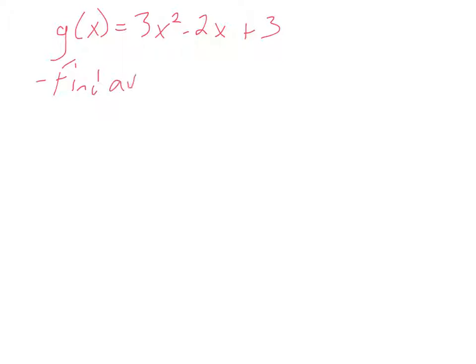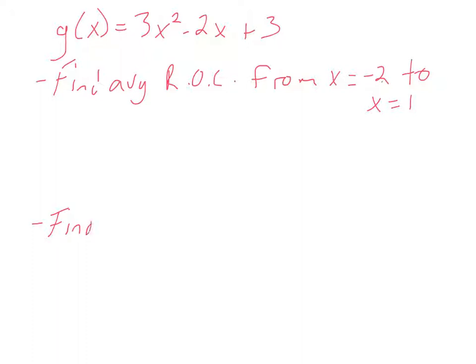find the average rate of change from x equals negative 2 to x equals 1, right? And then find the equation of the secant line, right, over that same interval,